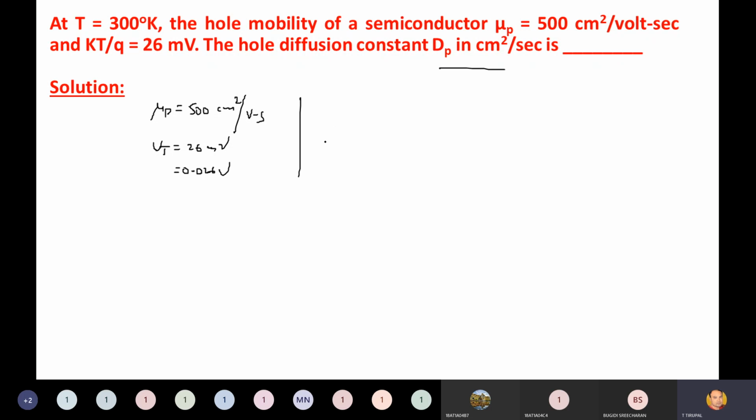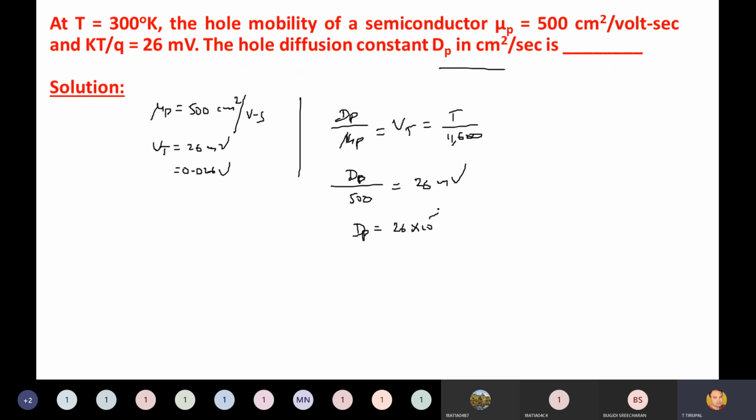Then what is the formula? dp by mu p is equal to Vt, or that is also equal to T by 11,600. So dp by mu p, dp is not given, divided by mu p 500, that is equal to Vt. Vt already given, it is 26 millivolts. So dp is equal to